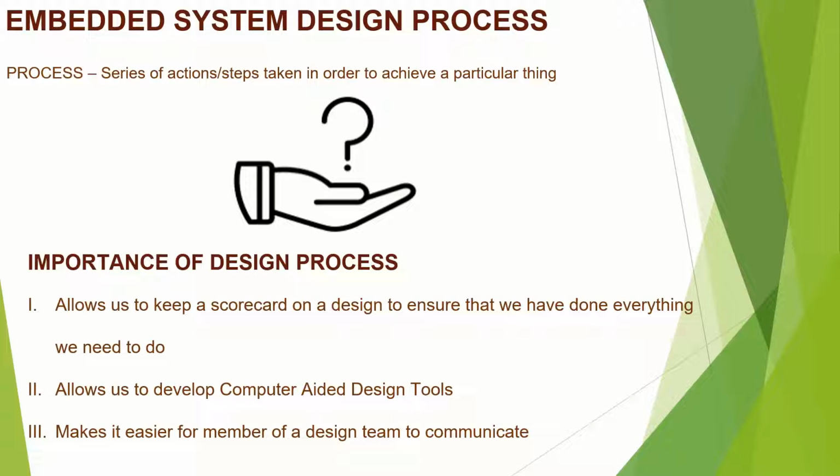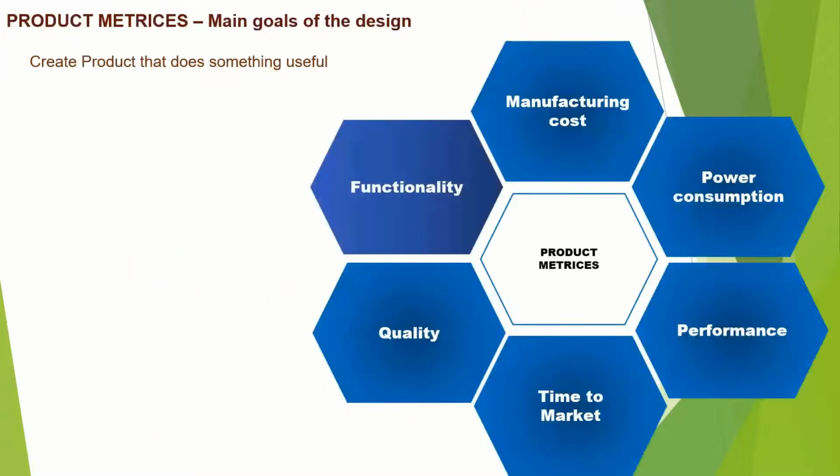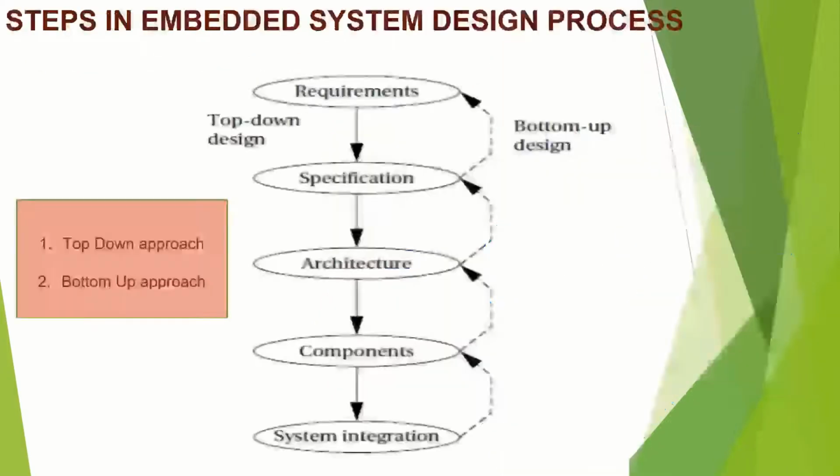The next thing is what are the main goals of the design? The first and the main goal of the design is to create a product that does something useful. The other goals that are to be considered during the design are functionality, manufacturing cost, power consumption, performance, time to market, and quality. Now, looking into the steps involved in the embedded system design process, the first step is requirement,